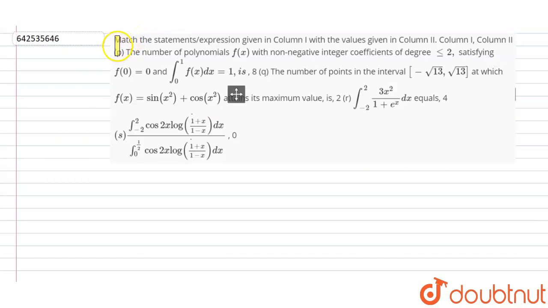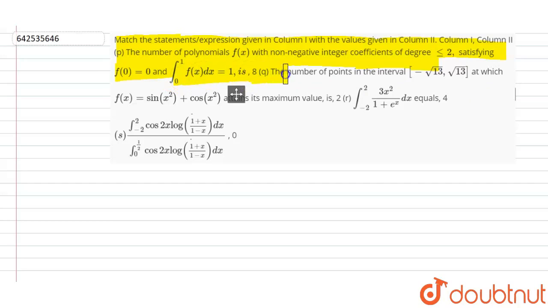Hello everyone, let us try to solve this question. The question says match the statements or expressions given in column 1 with the values given in column 2. In column 1, the first statement says P, the number of polynomials f(x) with non-negative integer coefficients of degree less than or equal to 2, satisfying f(0) is equal to 0 and the integration of f(x) dx from 0 to 1 is equal